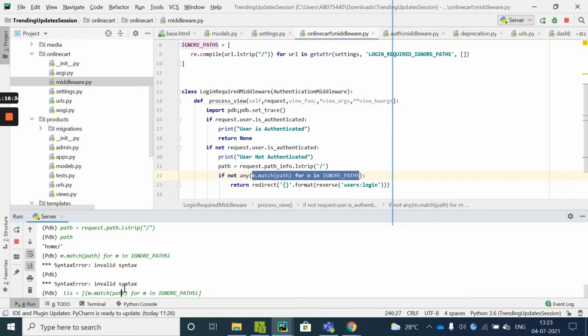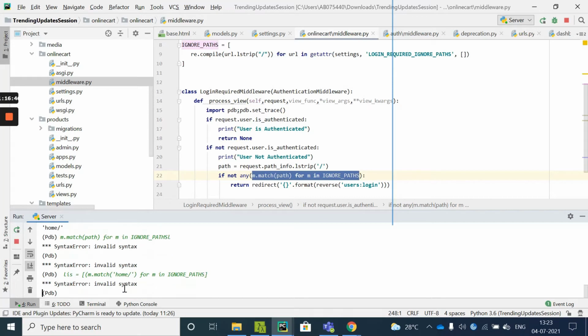So for the path I'll also give in single quotes slash home slash. So this is my path now, and inside the ignore paths, put it in. Okay, something is wrong in this m dot match for m in ignore paths.